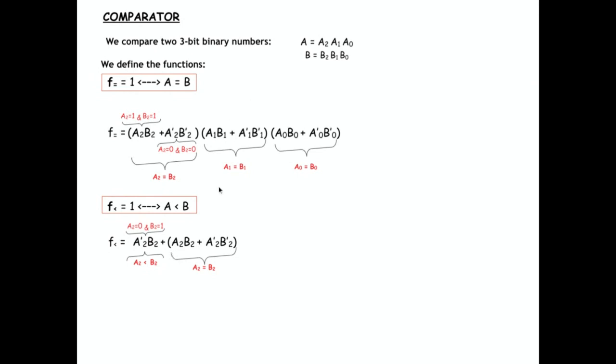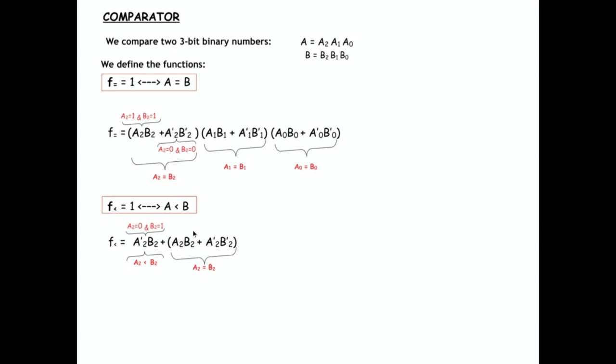Okay, good. But what if a2 and b2 are equal? Does it mean that the whole number is equal? Not necessarily, because we have a1 and b1, a0 and b0, right? So there is another possibility. So let's say that this is false, if they're equal. But then we need to consider what happens if the first bit is equal, but the rest of them are not. So first we're going to express that the first bit is equal,